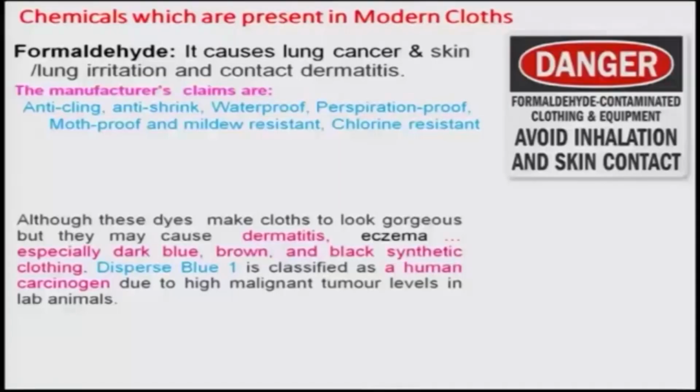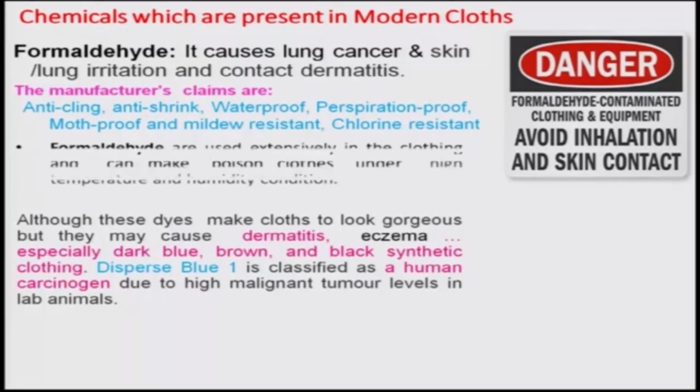Although we know that this is formaldehyde contaminated clothing and equipment which is dangerous, and one should avoid inhalation and skin contact. Somewhere they might put this kind of a sign, but a lot of people may not know that the formaldehyde used in the